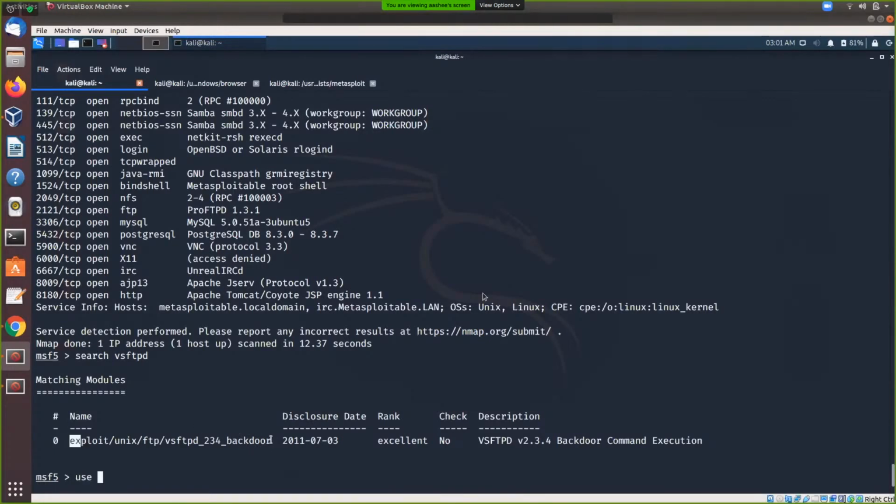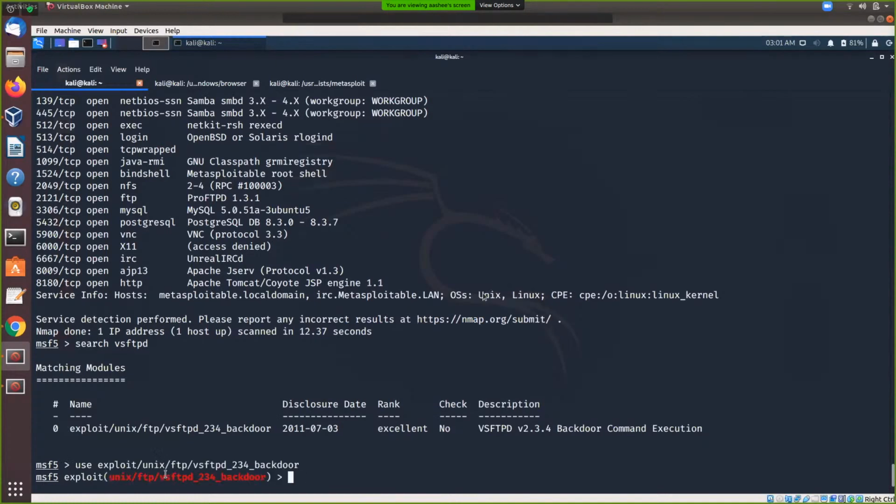Use it. We'll change the R host over here too.